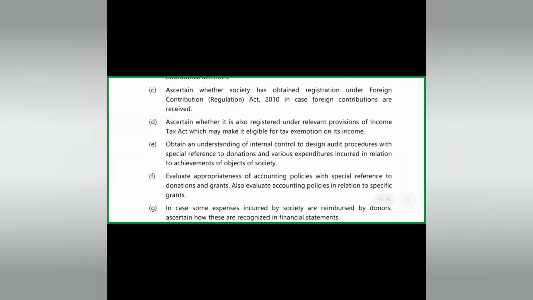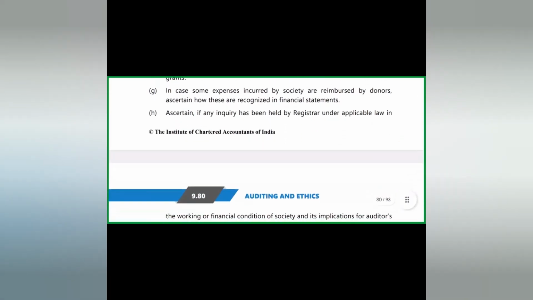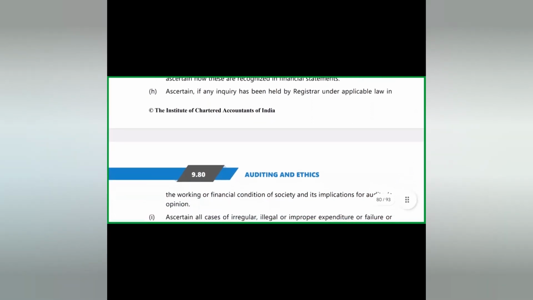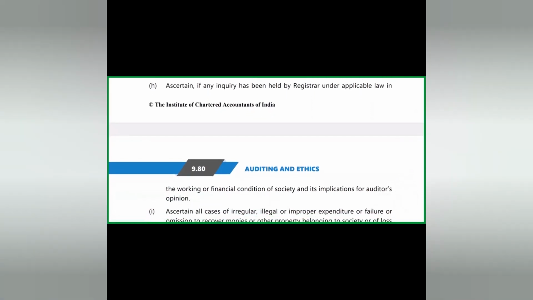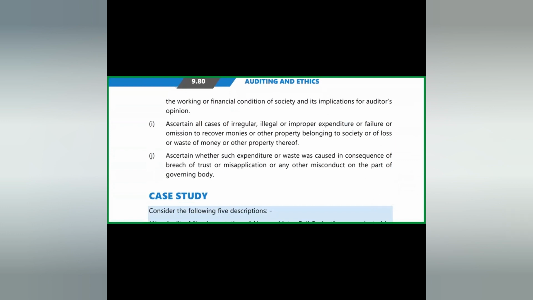Obtain an understanding of internal controls. Evaluate the appropriateness of accounting policies with reference to donations and grants. In case some expenses incurred by the society are reimbursed by donors, ascertain how they are recognized. If any inquiry has been held by the registrar under applicable law, ascertain the working of the financial condition of the society and its implications. Ascertain all cases of illegal or improper expenditure or failure. And the last point, ascertain whether such expenditure or waste was caused in consequence of breach